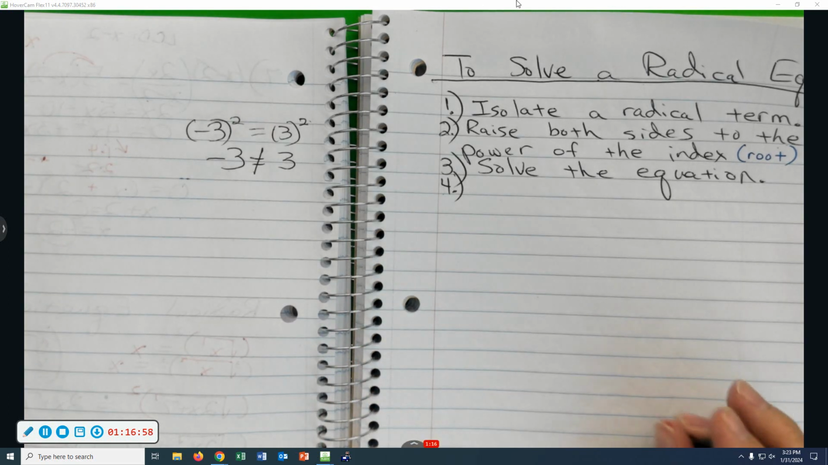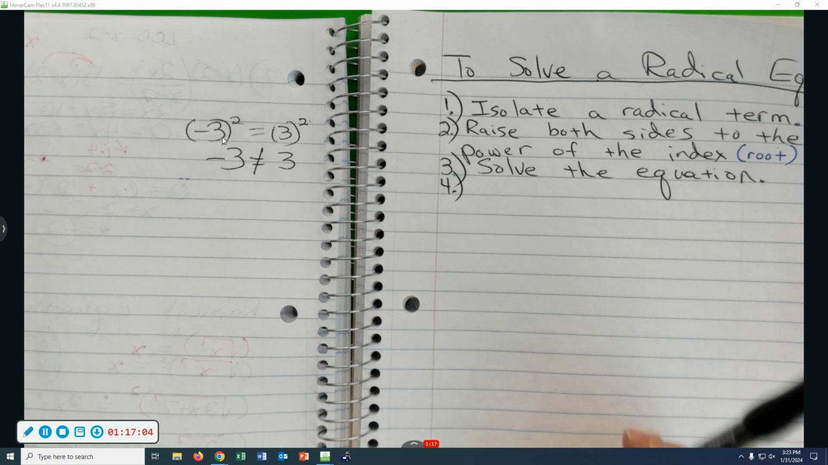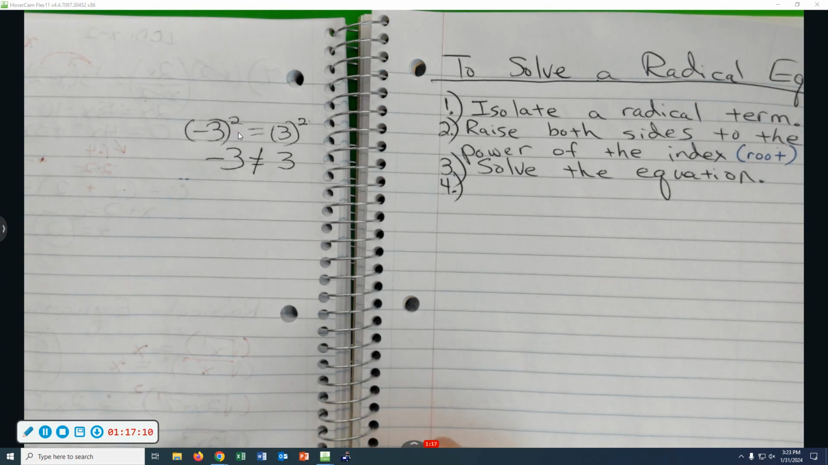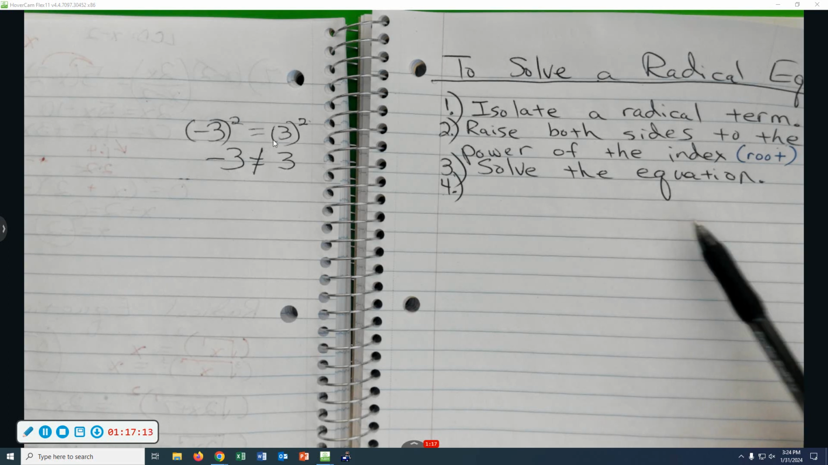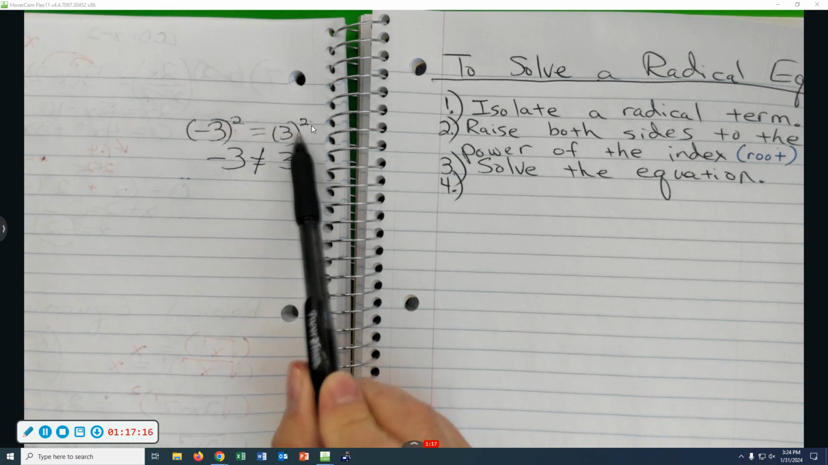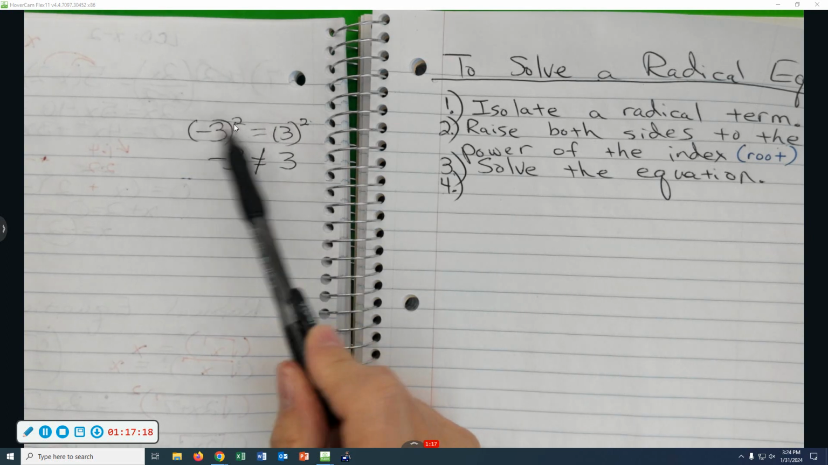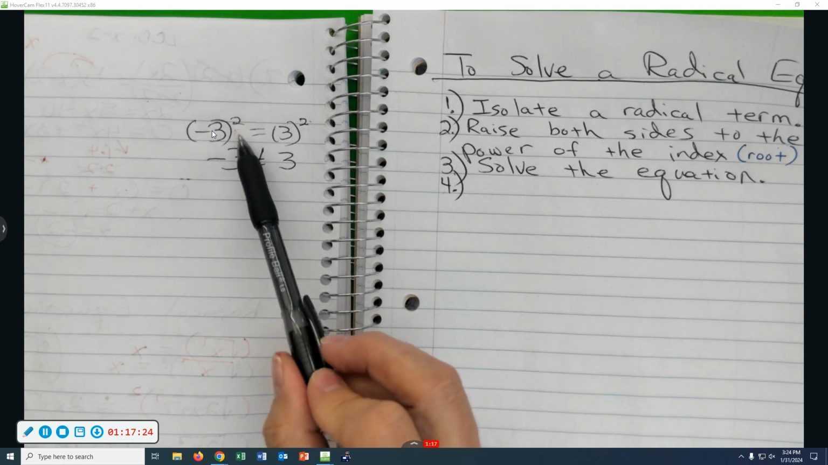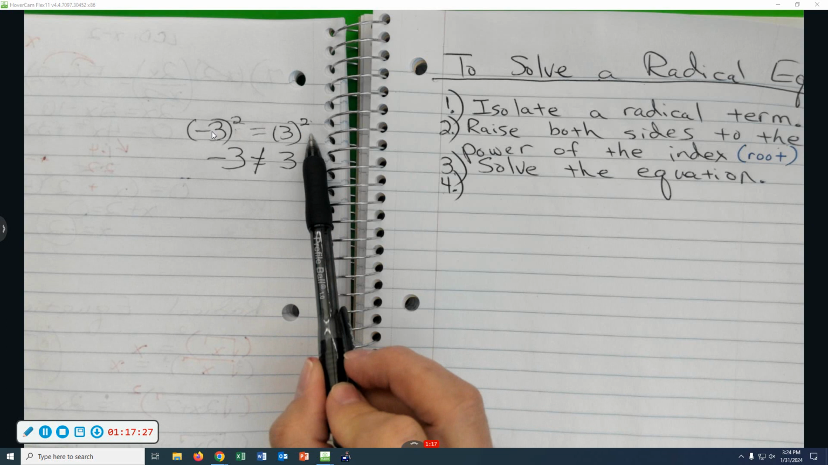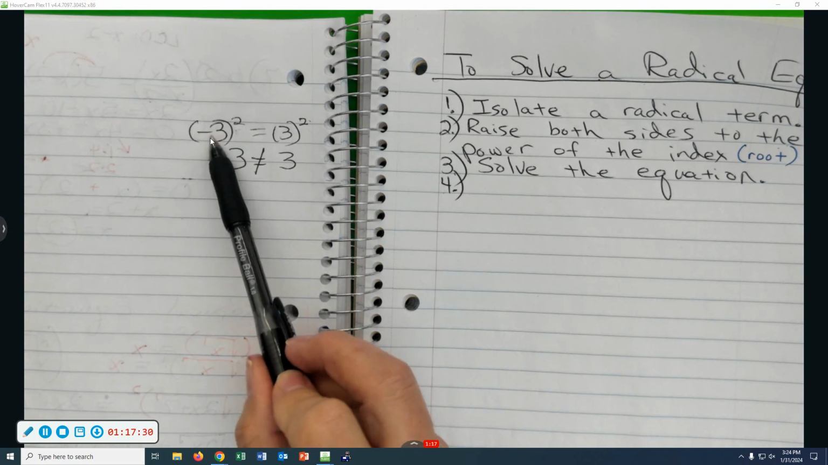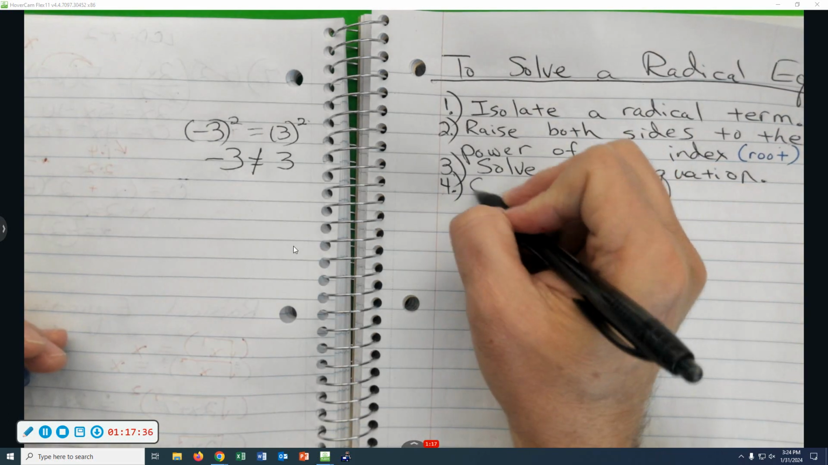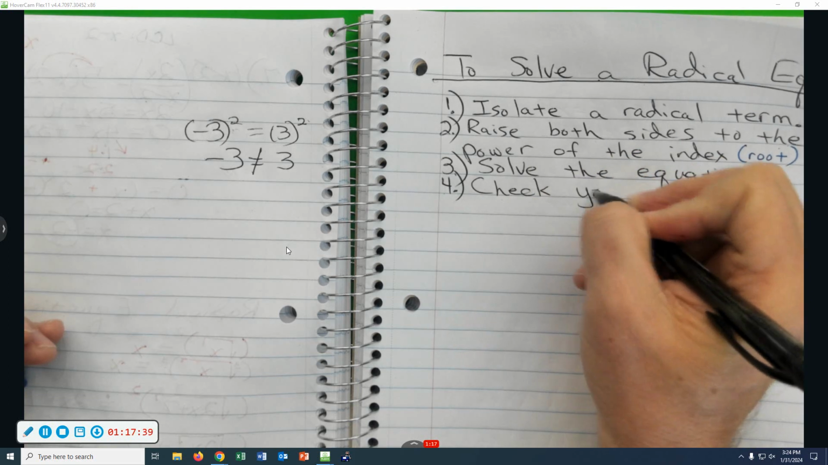Cube roots get a bad rap. People don't like cube roots, and they're so much nicer. Cubing doesn't change signs. You take a negative number and cube it, it stays negative. You take a positive number and cube it, it stays positive. It's those even exponents that cause all the problems, because even exponents take negative quantities and change them to positive. So we may inadvertently be going along squaring both sides and accidentally change a negative quantity to a positive quantity. So in the 4th step, you're going to have to check your solutions